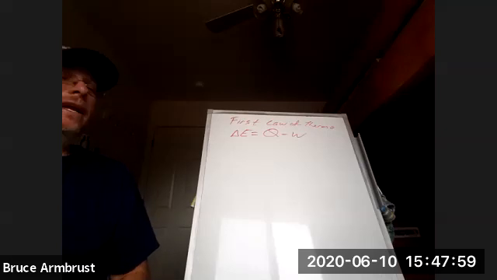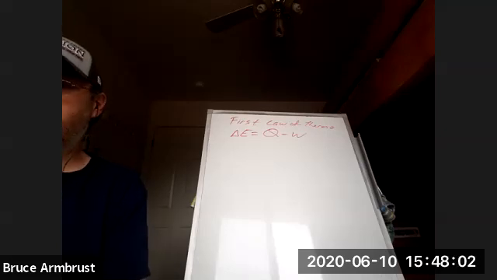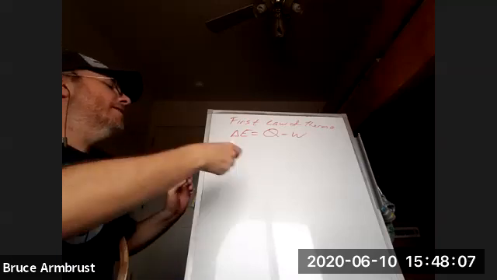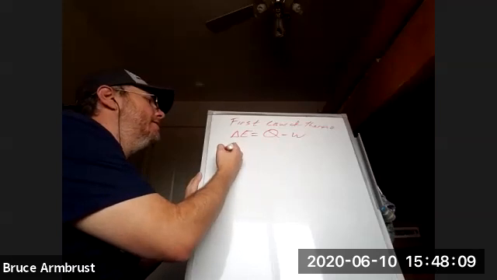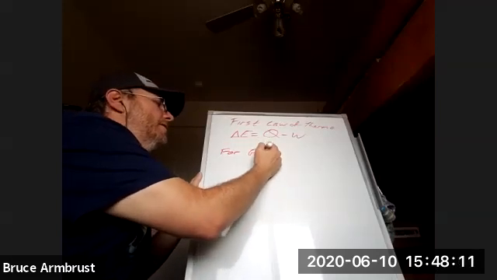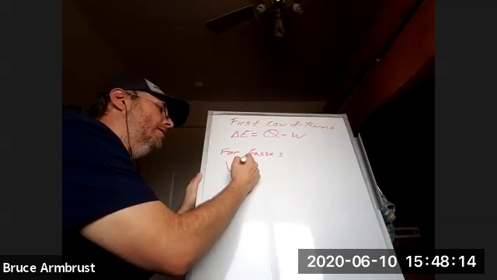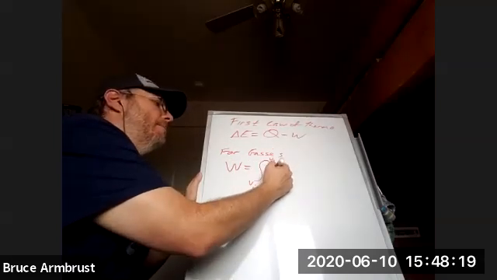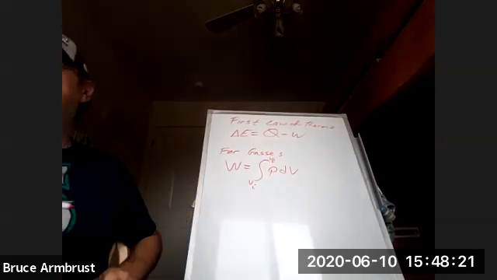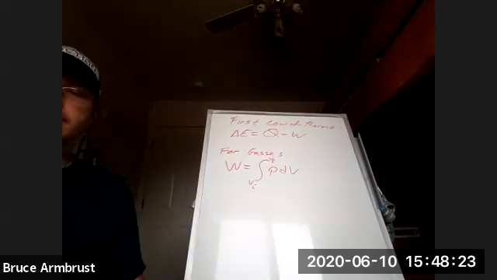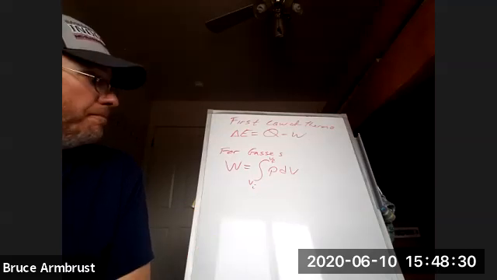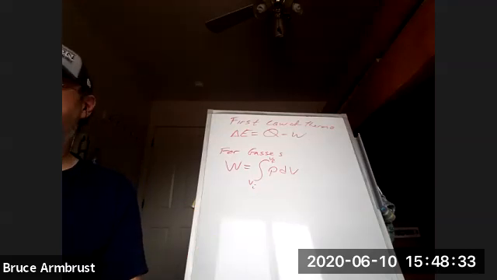So the first law of thermodynamics, change in energy, it's your Q minus your W. And then the other thing that we saw, and this is for gases, for gases, it's easy to calculate the work. All it ends up being is an integral of P dV. So if we know our pressure, and we can write it as a function of the volume, we just integrate that from our initial volume to our final volume, and that's how much work happens.